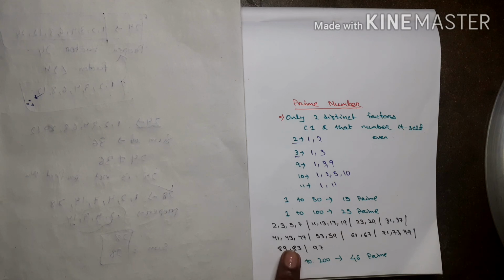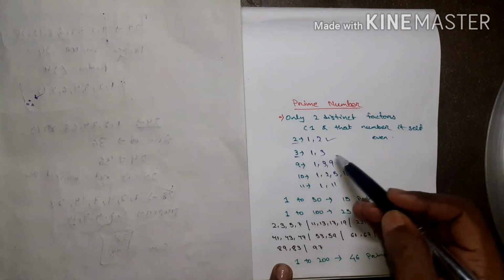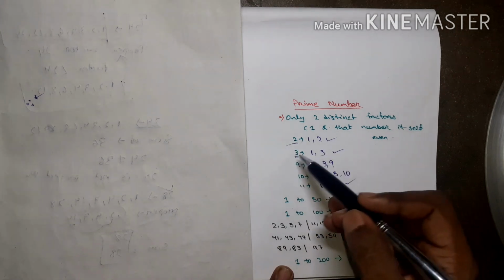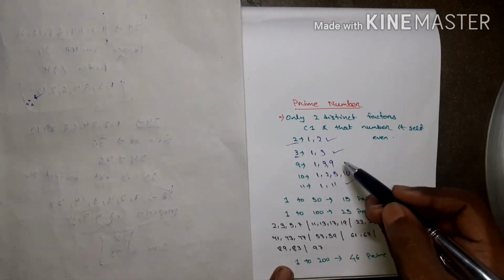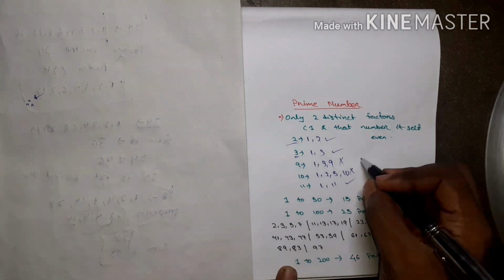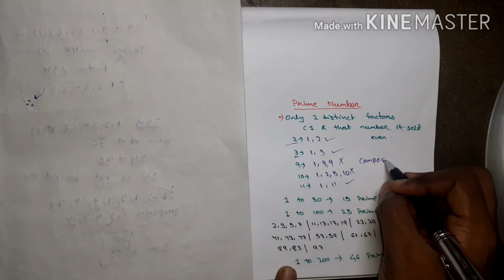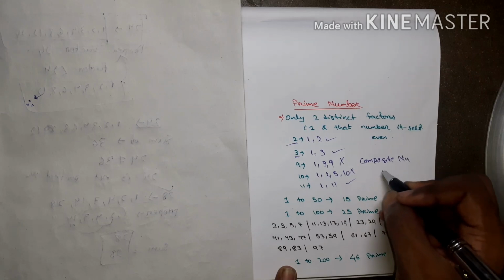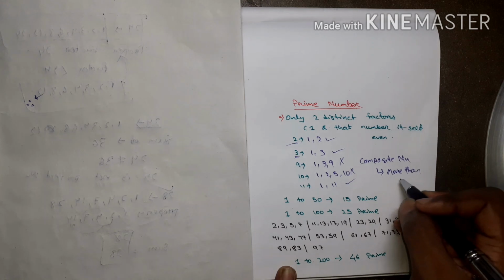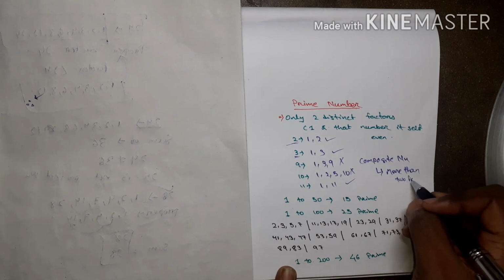Only a number that has exactly 2 factors is called a prime number. 2 has 2 factors, 3 has 2 factors, 11 has 2 factors. So 2, 3 and 11 are prime numbers, and the others are composite numbers. What is a composite number? Composite number means more than 2 factors. Understand?